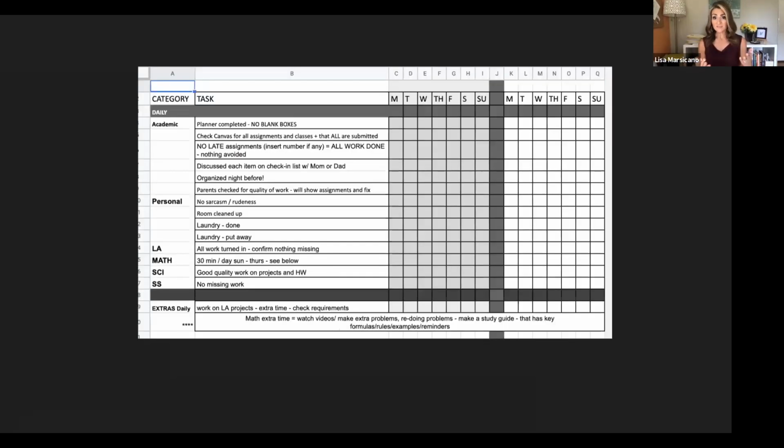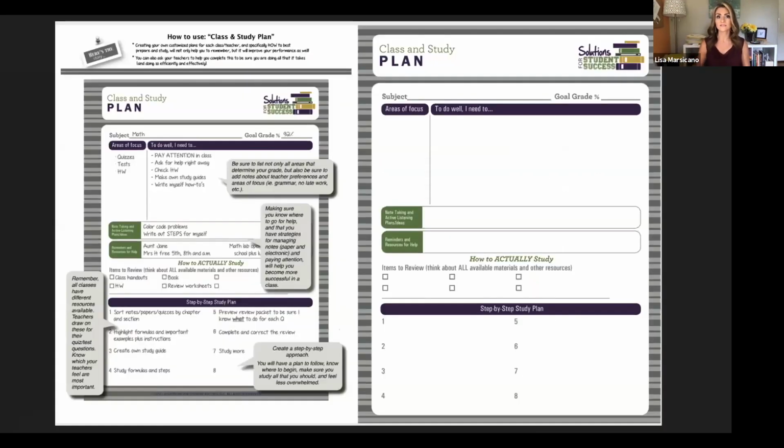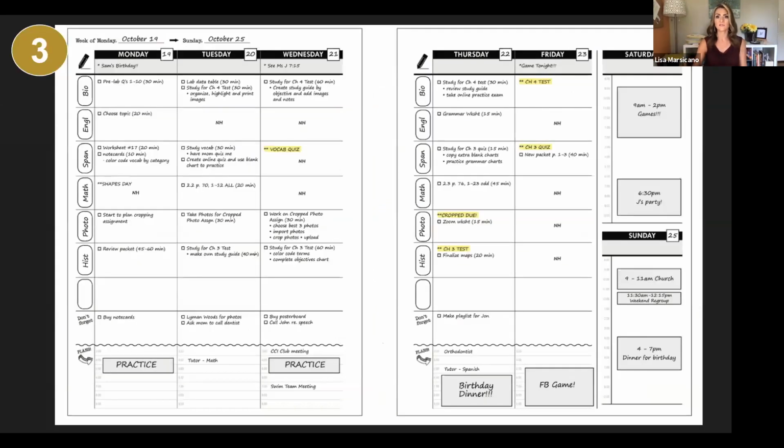So some kids like to do it on that list like we saw. Some kids like to do this kind of class by class or just a general spreadsheet where they can put checkboxes in and kind of habit track and see if they did all of those tasks. We're going to talk in future workshops more about studying, but this is kind of that process piece. I want you to have a process and a plan for how to study. And this is just one of the tools that we use that we're going to go into more detail on in future when we talk about other ways to study and making an exact study plan for every single class, because they're all going to look very different depending on the content and the material and the format of the test or the quiz. Planner, this is a huge piece.